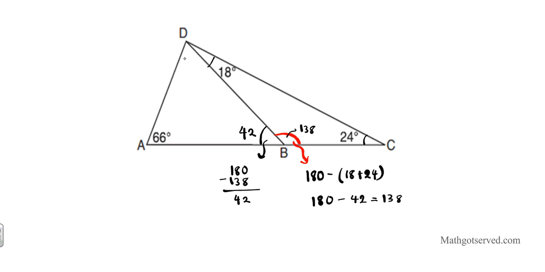But we have to find this one, right? So let's go ahead and find this. What is the measure of this angle right here? Well, we're going to use the triangle angle sum theorem again. We know the sum of these three angles is 180. So if I know these two, I can subtract their sum from 180 to find that angle, right? So that one is simply 180 minus the sum of these other two angles, 66